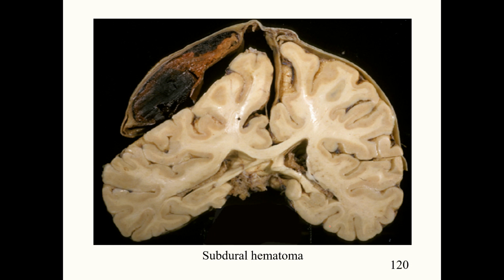So this right here is a cross-section of a brain, actually a frontal cut. You can see your corpus callosum right here. So we're looking at the back part of that. This right here is the subdural hematoma. So this right here is that dura,